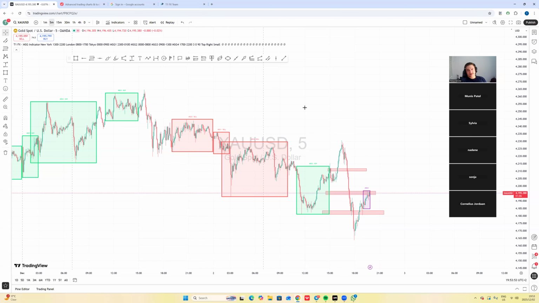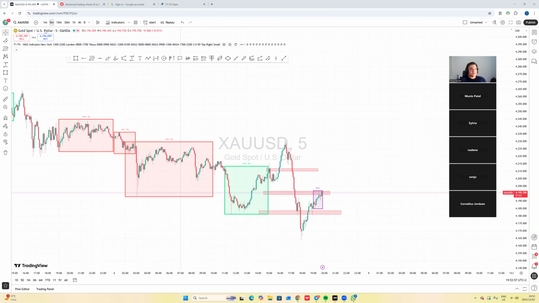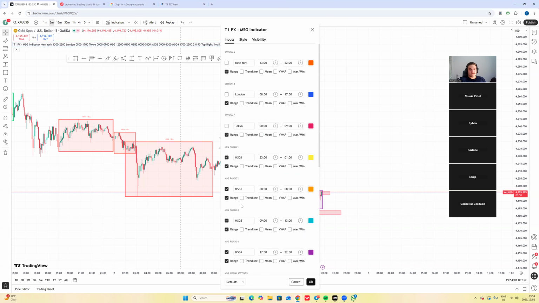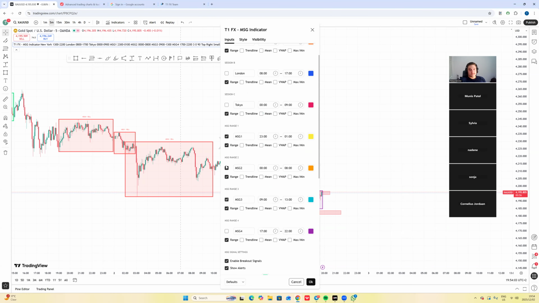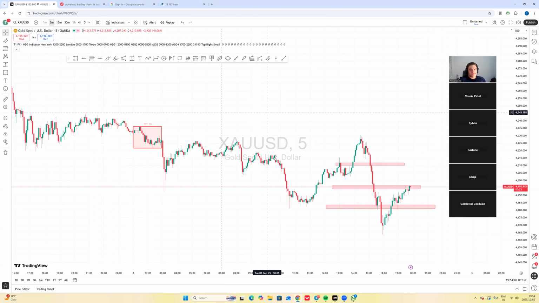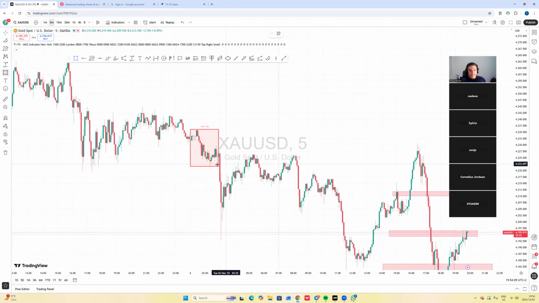The UVT was high, medium, and low risk. Okay. Now let's just put on the normal MSG. That's 3 o'clock in the morning, right? Because it's the same for all four sessions. Look at this. This is a sell because it's moving down. The low will be the high risk of the block.